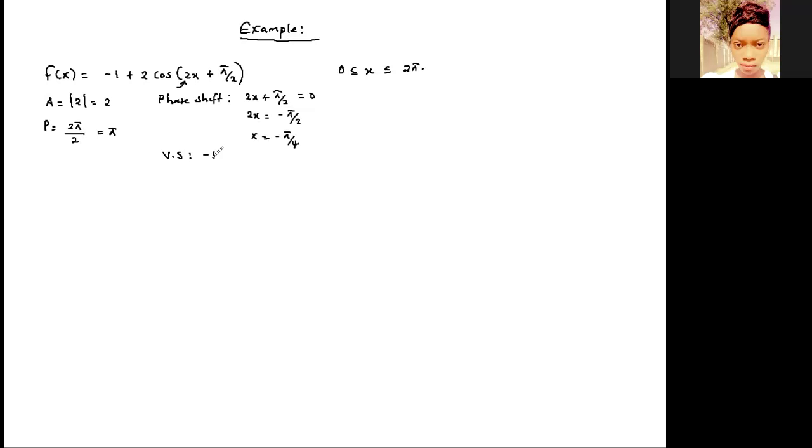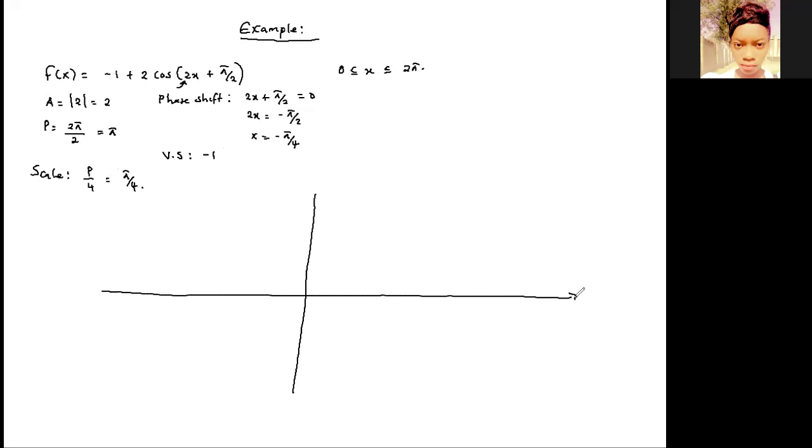We have listed the amplitude, the phase shift, the period, and the vertical shift. Then now we find the scale because we want to sketch. So what will be the scale? It will be the period divided by 4. The period is pi, then you divide by 4, so it becomes pi over 4 as our scale. How do we use the scale? Or what do we call the scale? We call the scale